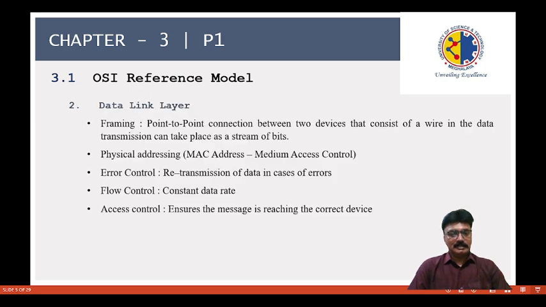Second one is data link layer. Data link layer framing: a point-to-point connection between two devices that consist of a wire, in which data transmission can take place as a stream of bits. So physical addressing, MAC address, medium access control, error control, flow control, access control, these three controls will take place. Error control, we need to retransmit the data in case of